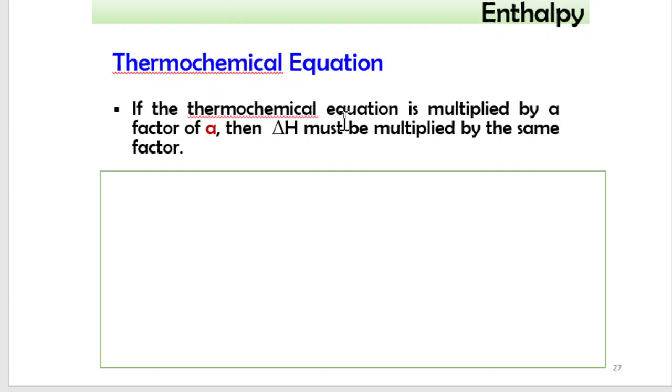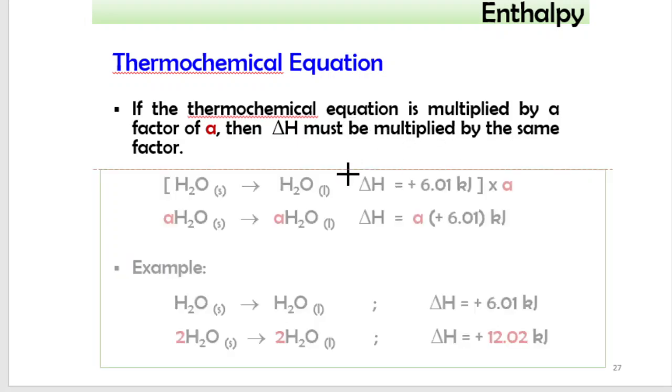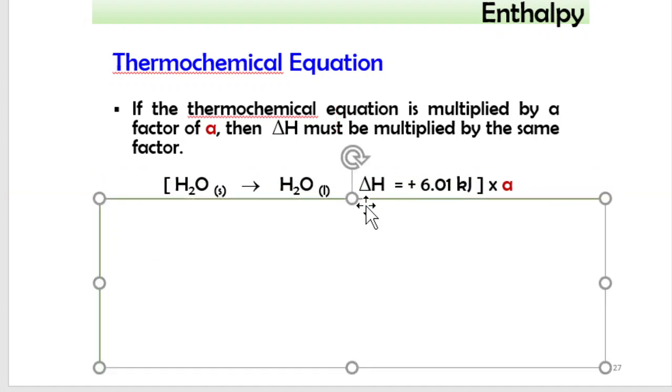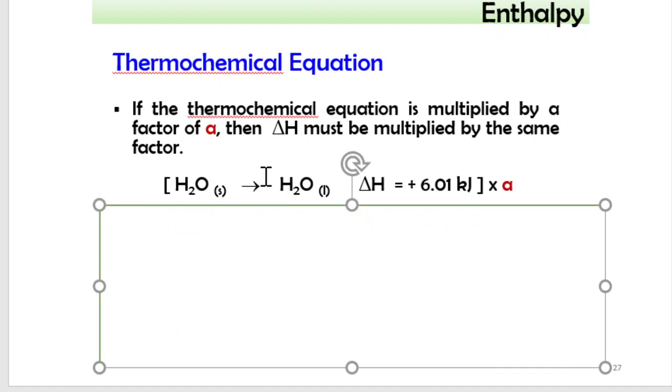So, if the thermochemical equation is multiplied by a certain factor, then your delta H must be multiplied with the same factor. So, contoh, if you have your thermochemical equation untuk this one,